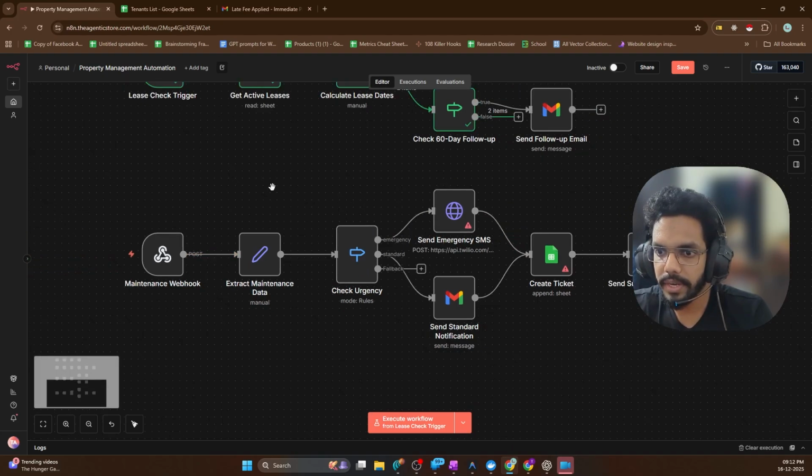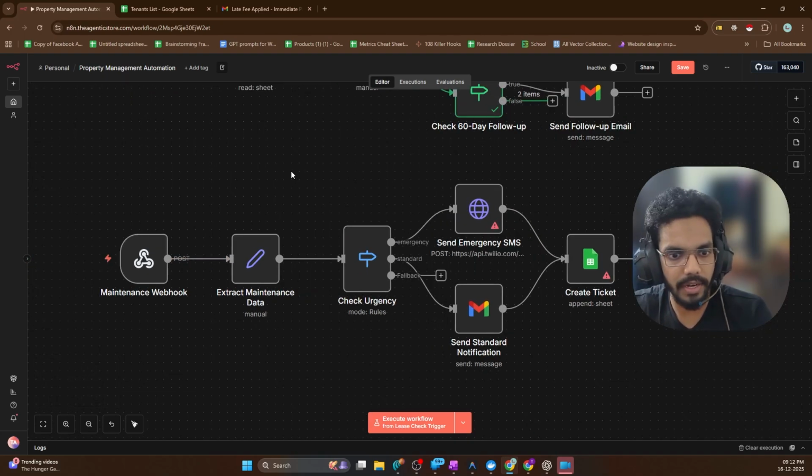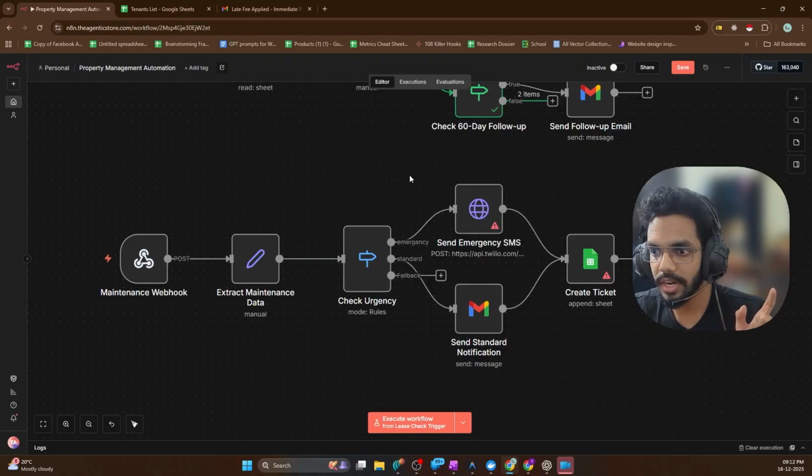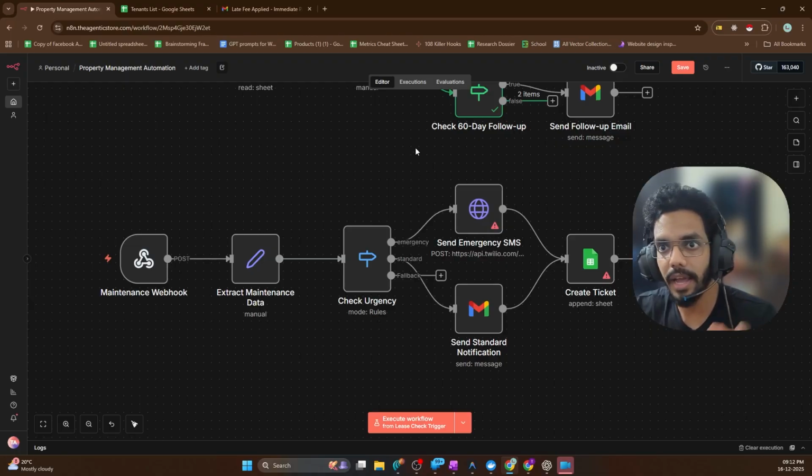Here is a maintenance automation, where tenants report problems. If they have some problem with their taps, we don't have any instructions or prompts, they need to call the available plumber. So each tenant submits the form in your portal, and that will trigger this automation based on the urgency of that request. If the tap is completely broken and water is continuously flowing out, then that is an emergency, right? So if the tenant selects emergency, this flow will go through send emergency SMS, and it